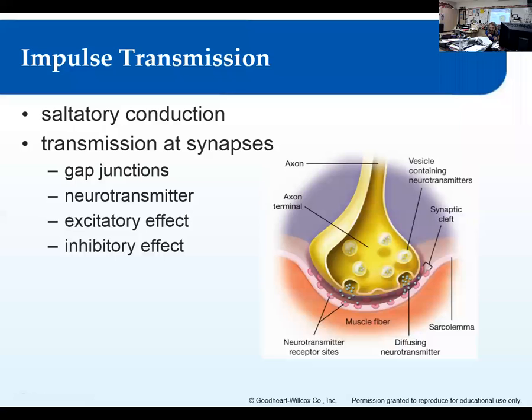The first one is called a gap junction. A gap junction looks like a little gap between two muscle cells, and this specifically refers to cardiac muscle cells. That's why they're able to contract so rhythmically, because they can move electrical impulses very, very quickly. It doesn't have to go through this whole process. It can jump across that gap junction from cell to cell. That one's kind of special. Now the next one,